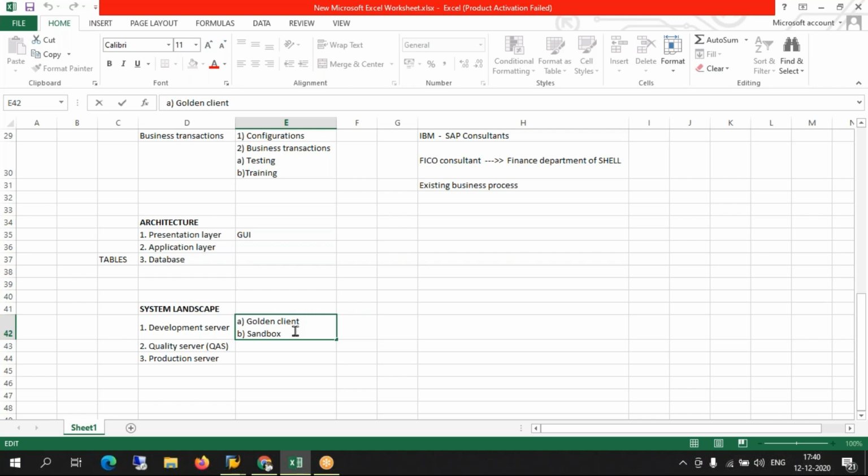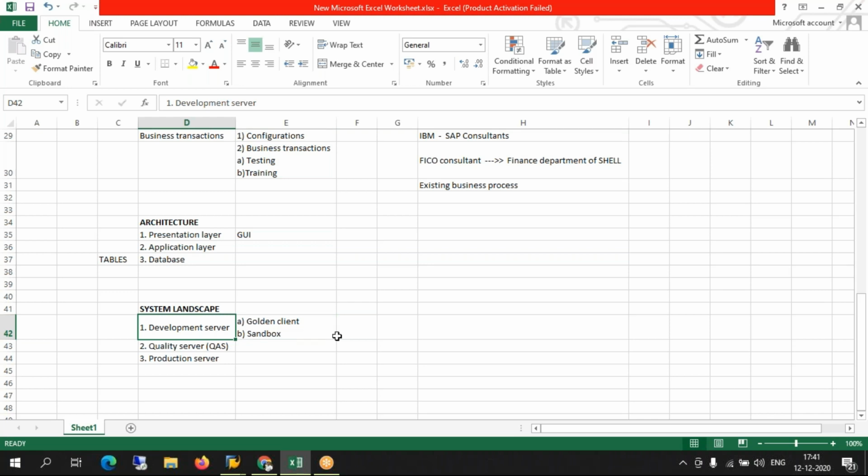In the sandbox, once you have done all the configurations relating to the entire finance process, all the other consultants will do theirs there as well. We will do the finance. Once you have done the configurations in the Golden Client, copy all the configurations and move it to sandbox. As the name suggests, sandbox, we do all kinds of testing here. Primarily the business transactions. Check if the business transactions are working. If they're throwing any errors, go back to the golden client, check the settings, recheck in sandbox. So basically, development should be clean. It should not throw any errors at the end.